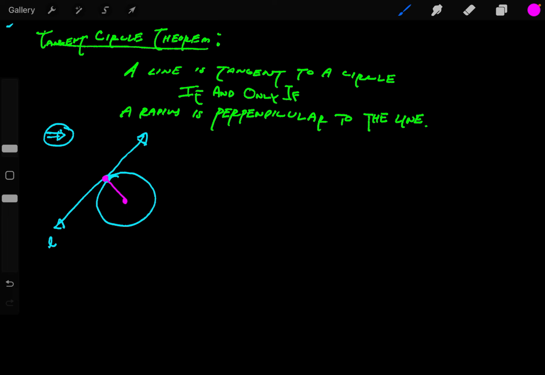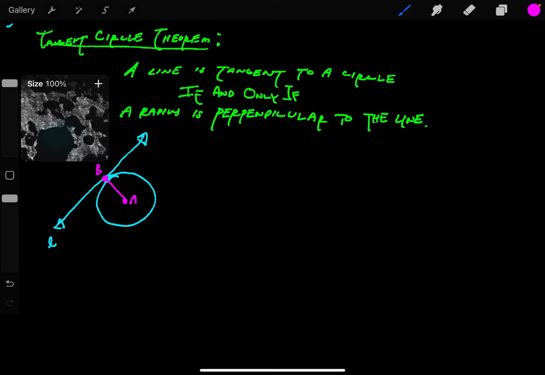That's an if and only if statement. So the shortest distance from a point to a line is perpendicular to the line, and if it's perpendicular, then it's the shortest distance. So here I'm going to label some points. Let's say A, B, L. So this is circle A, and let's start off with what we're given. We're given the fact that we have that